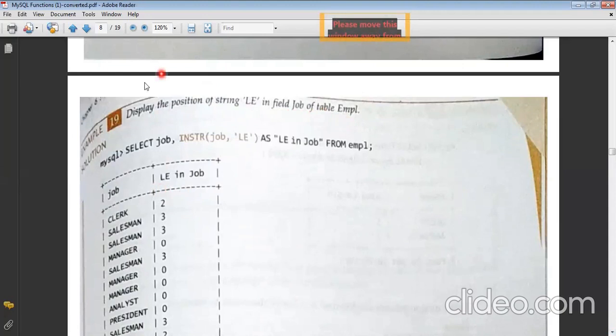So can anyone explain to me why this has been written like this? This is open to all. Explain this question: why has it been written like this? Display the position of the string LE in the field job of table employee. Anyone who can justify why it has been written like this?